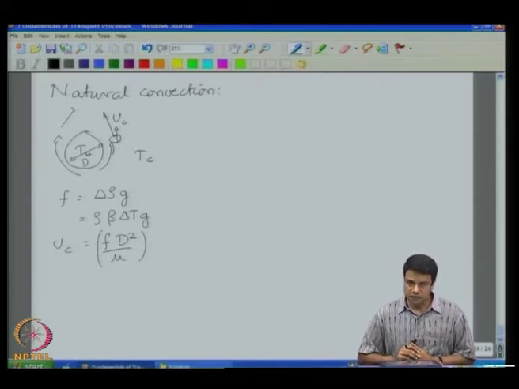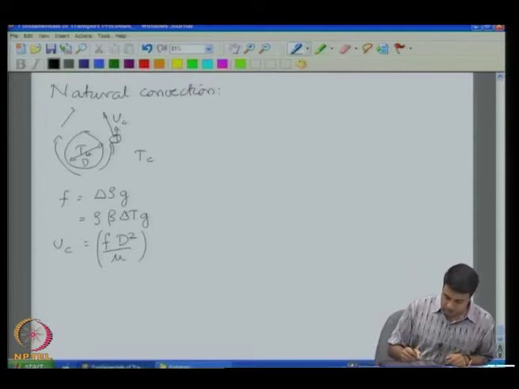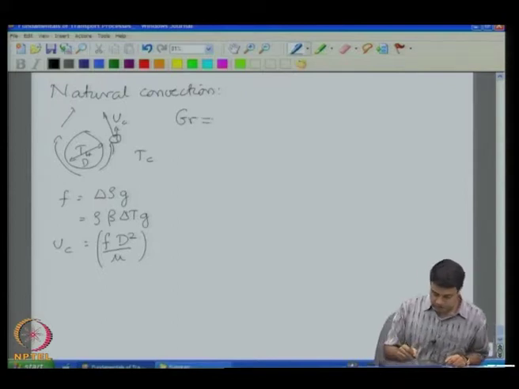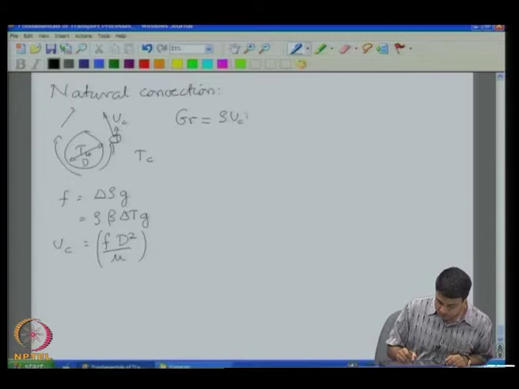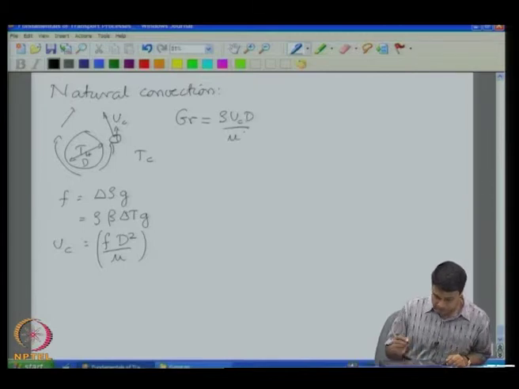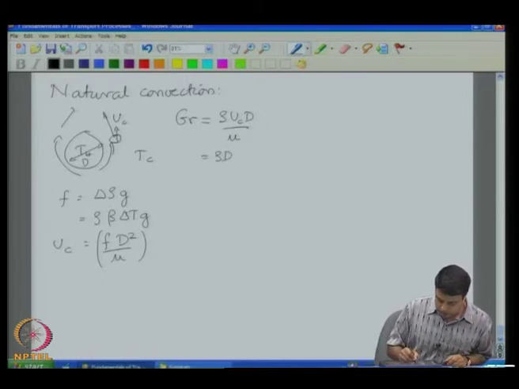So, that is the characteristic velocity with which the fluid is rising. With this characteristic velocity, I can now write down a Reynolds number, because the Reynolds number is the ratio of inertia and viscosity. And if I write down the Reynolds number with that characteristic velocity, it goes by the name of the Grashof number. This is equal to rho uc t by mu. And I substitute for uc here, so I will get rho t by mu into uc was f d square by mu,